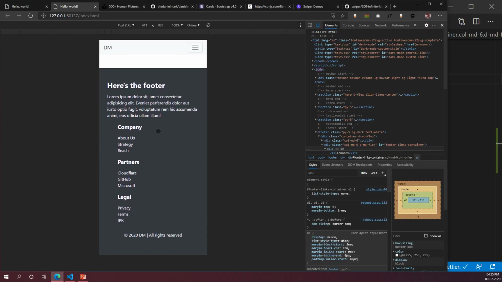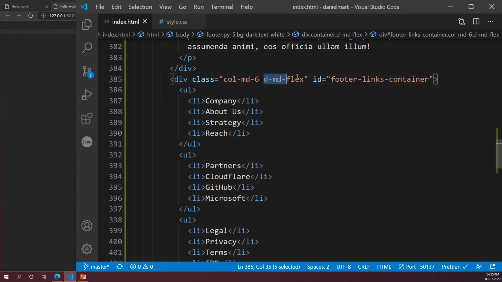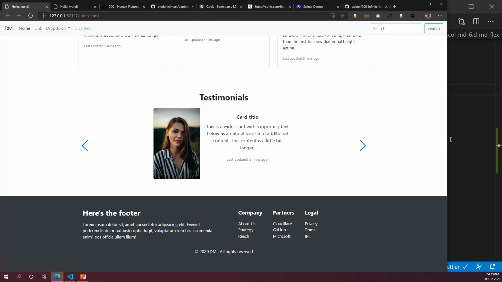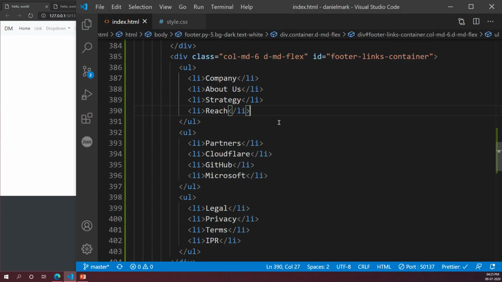So hopefully that should push the list elements to the bottom. We'll fix the padding in a minute, okay? So just do dmd flex on the parent and it should push all of the list elements one below the other, okay? On the mobile view alone. The desktop should always remain the same. Right, once you guys do that, let me know.